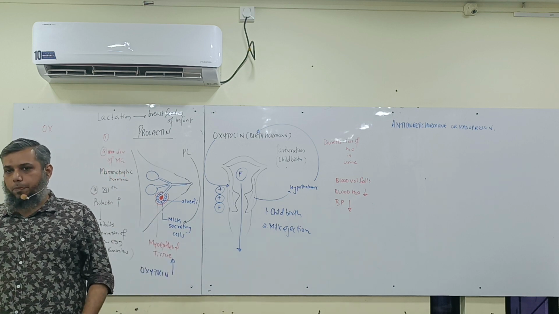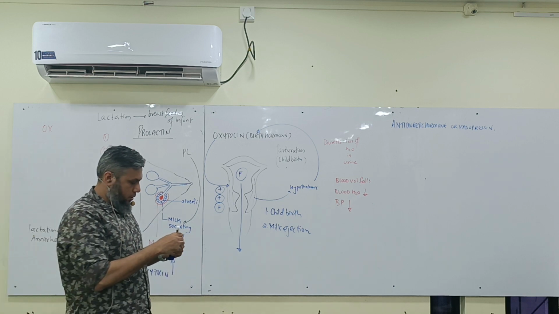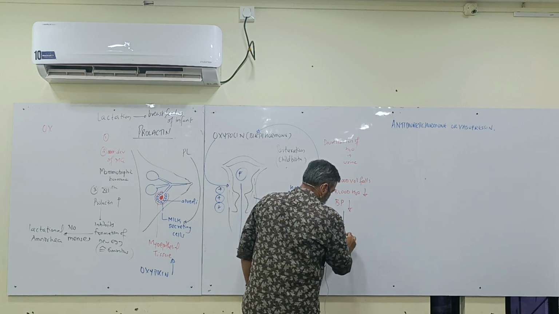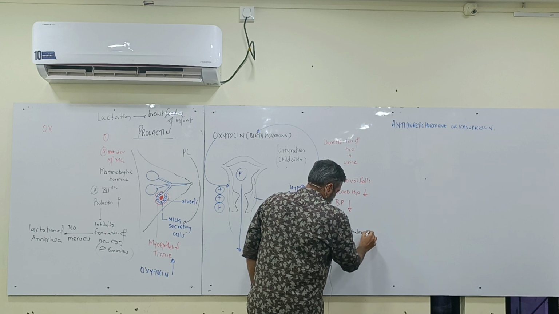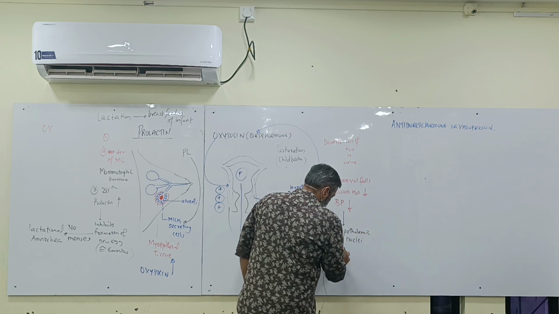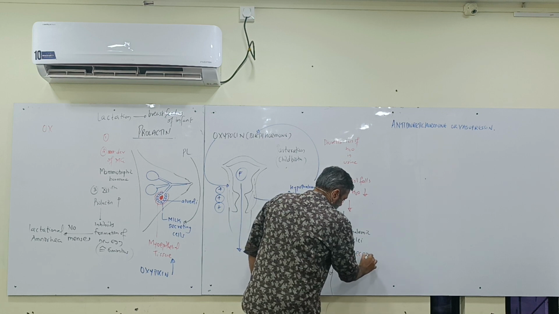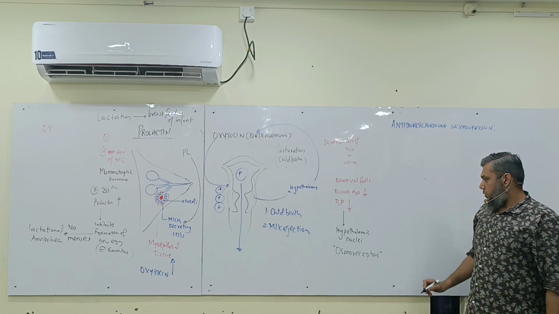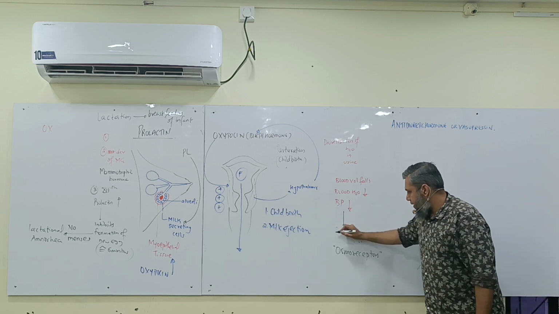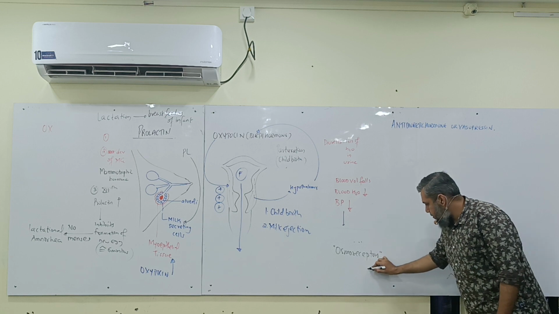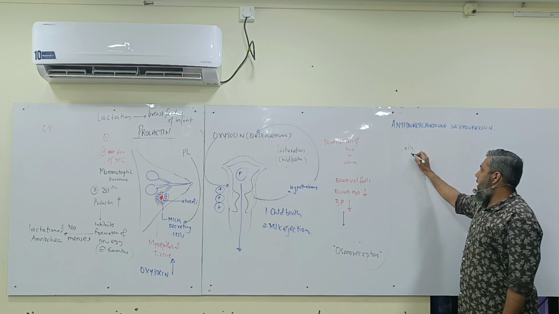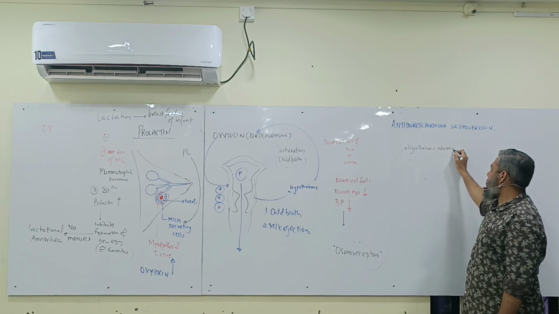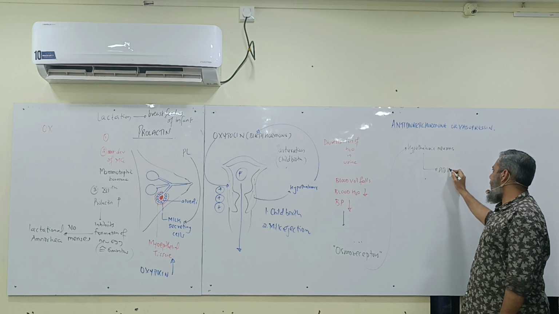Got my point? And in this situation, the hypothalamic nuclei have got nearby cells called osmoreceptors. Okay? Who are the nearby cells? Osmoreceptors, which tell the hypothalamic neurons to release the hormone ADH.